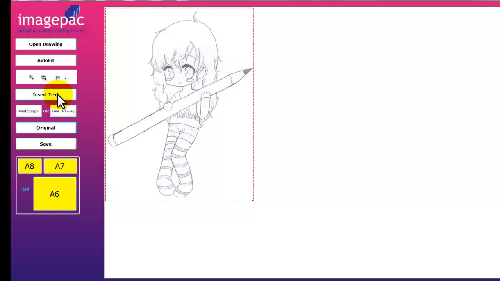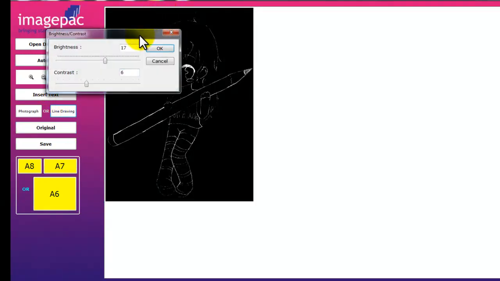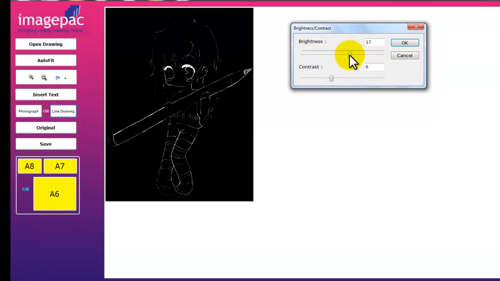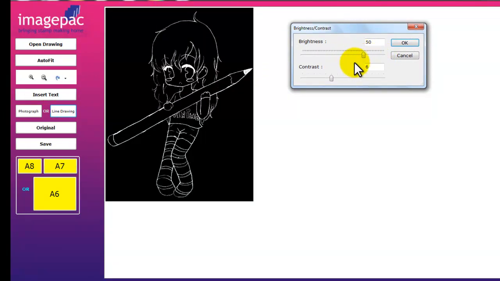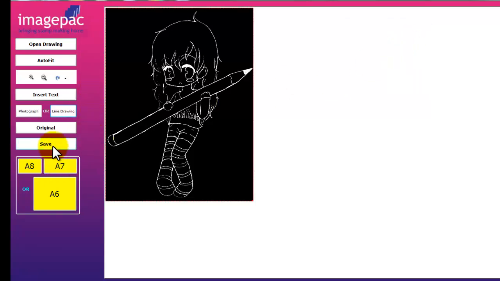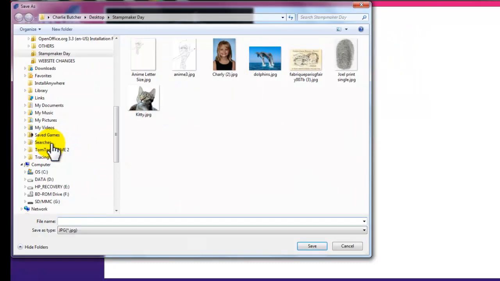So let's just change that around a bit. And I'm just trying to get my contrast good. Okay, and I recommend every time you save your image so you can use it again in the future,